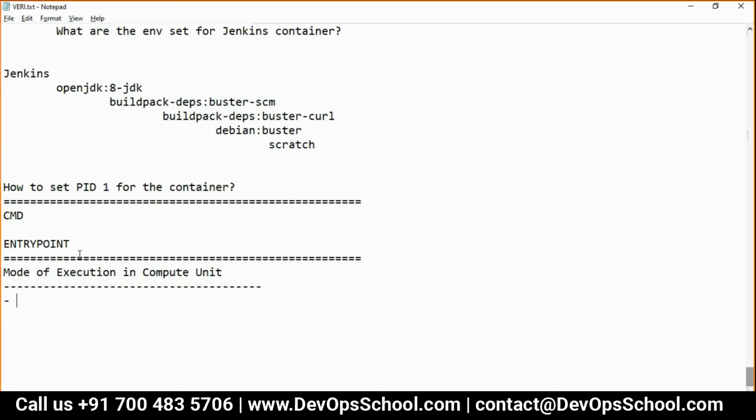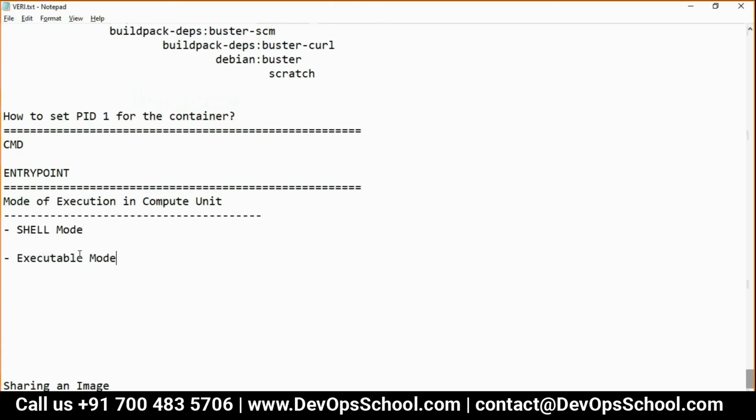I'm not asking you because you might get confused by my question. One is the shell mode, and there is one more mode which is called executable mode. Shell mode and executable mode.